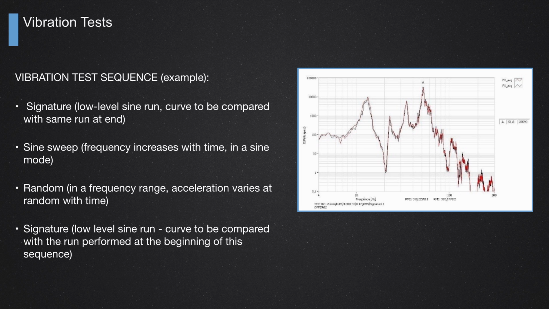After that we do a real sine sweep vibration on the spacecraft, a higher level of vibration. After that we do a random vibration of the spacecraft because they can analyze the real situation of vibration. We do random vibration, high level vibration, sine and random. And after that we can also do another signature at low level. What we do, after the big vibration, we do a signature again, and we can compare the two signatures.